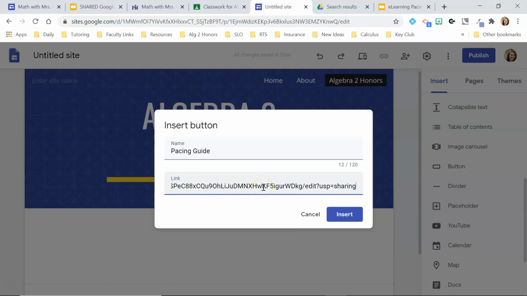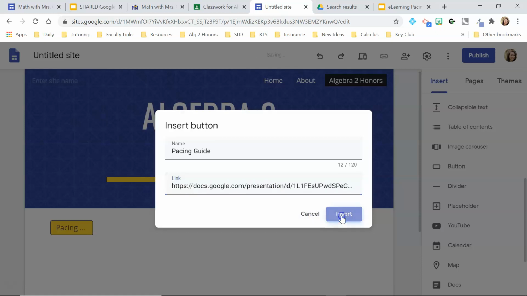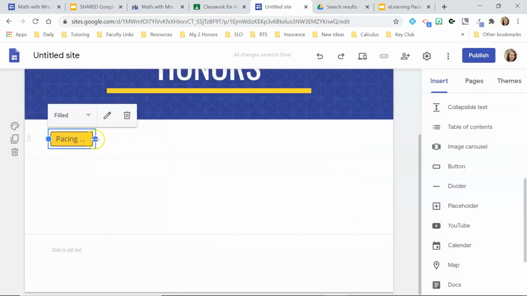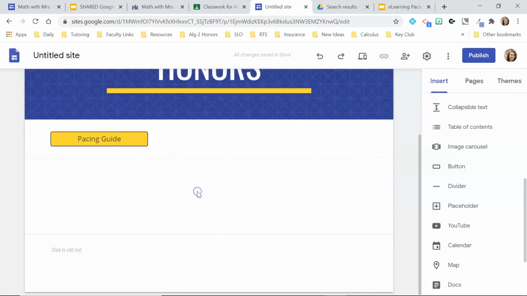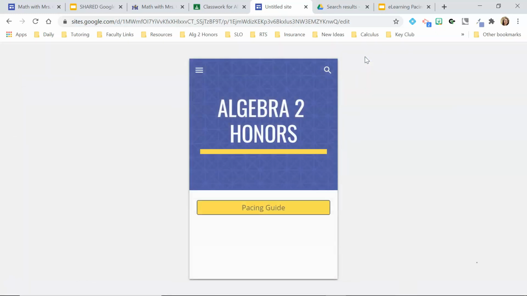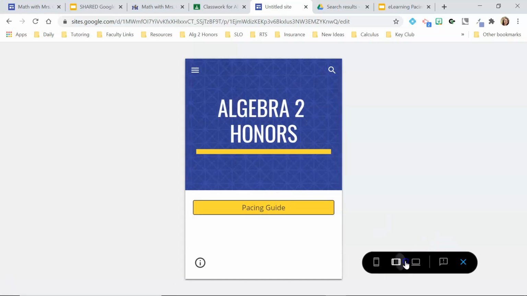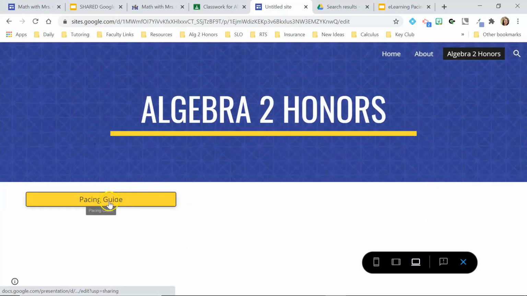It is an anyone can view link because I want parents to be able to view this as well. So now my button is there, and you can just use the toggles to drag it to however size you want. And then you can even say "click here for pacing guide" if you wanted to add that on there. And then if I go to preview, I can click on it again